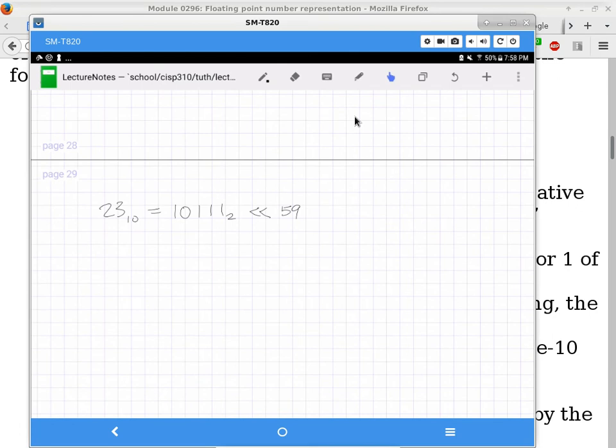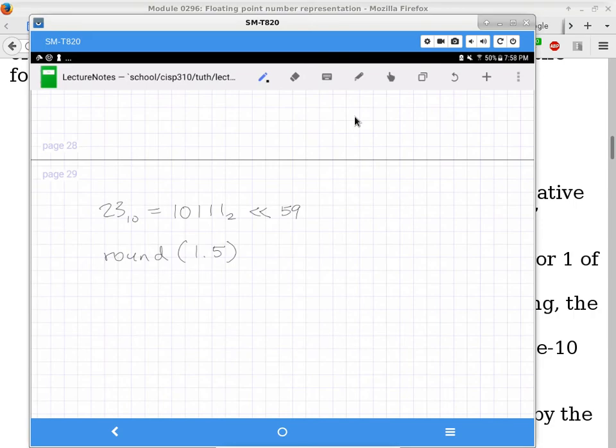Well, in fact, I can just use this slide to talk about rounding. Okay. So rounding is not really a particular new idea, I hope not to this class. If you round anything that has a fractional part that is at least 0.5, you bump it up to the next integer value, right? Okay, so this is 2. If the fractional part is less than 0.5, then you round it down to the smaller integer value.